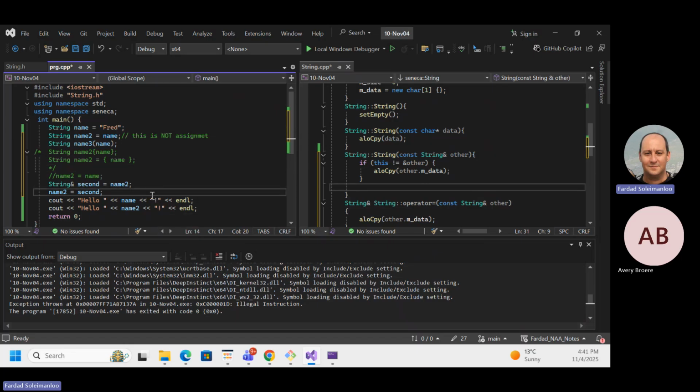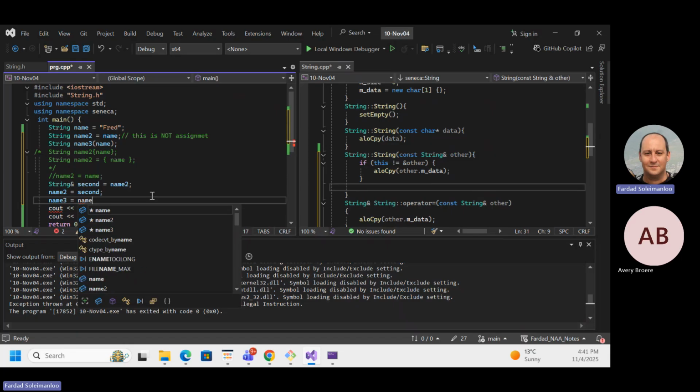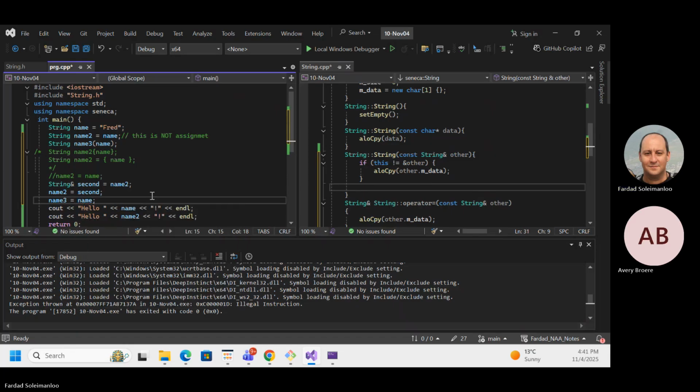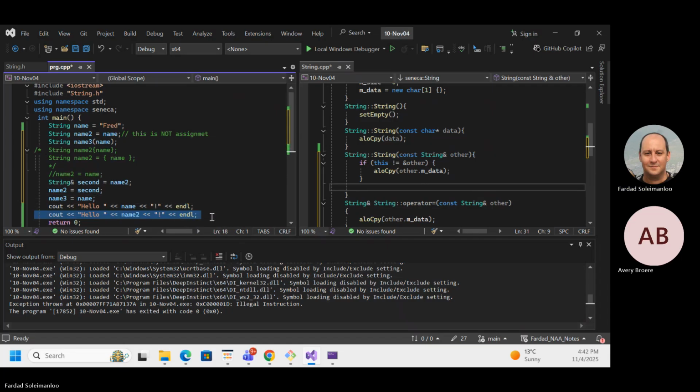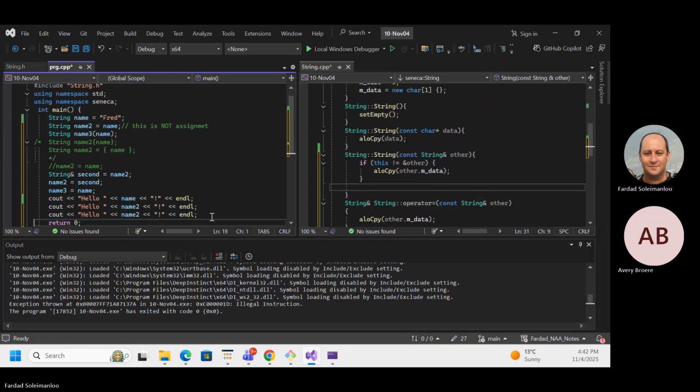And in here, I'm going to say name 3 is set to name. Because now we don't have the keyword string, we're not creating. Yes, it's operator. So this is an operator, this is an operator, and so on. And let's print name 3 over here too. And then we're going to walk through.